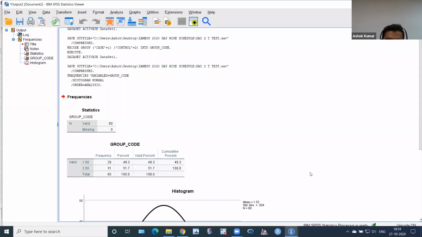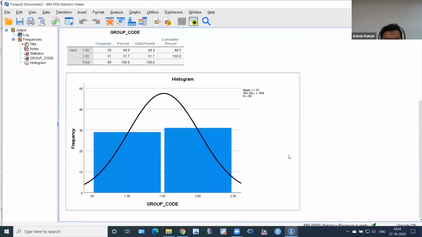Then I got, okay, very good. And then you can see it's a histogram. Oh, yeah, I don't need this histogram. You can see it's a normal distribution. Very good. But it's qualitative data. It's nominal data. And if I get a histogram for this, it's foolish work for me as a statistician, because I did not deselect it when I calculated this frequency or percentage, because I had already selected histogram. So please click here and then delete, gone.